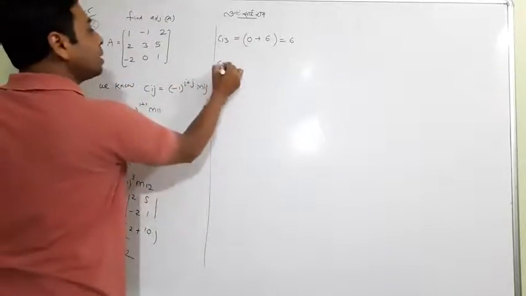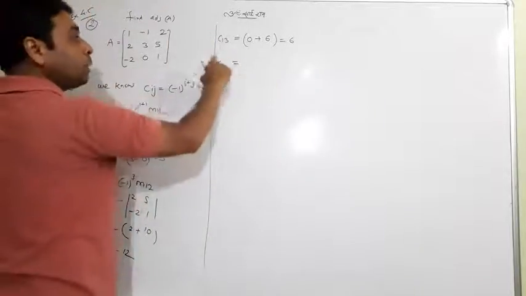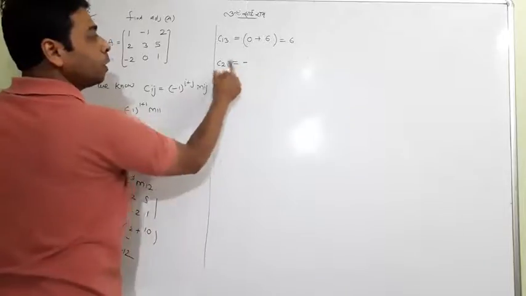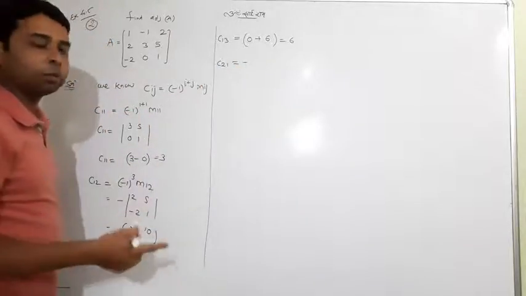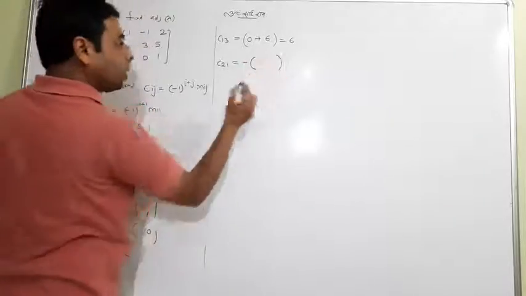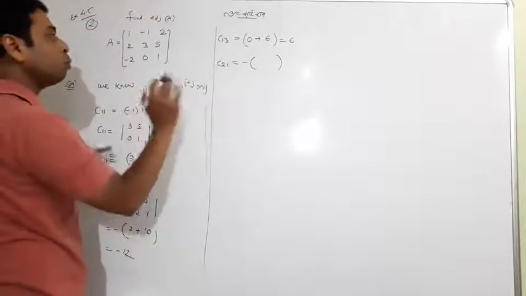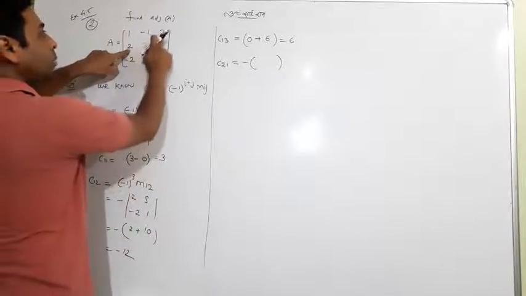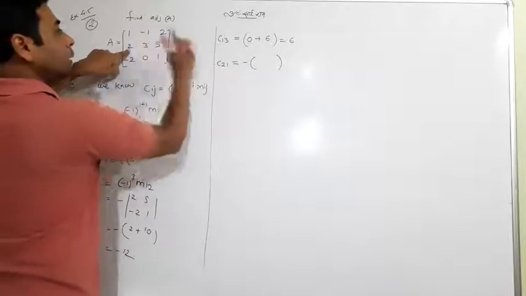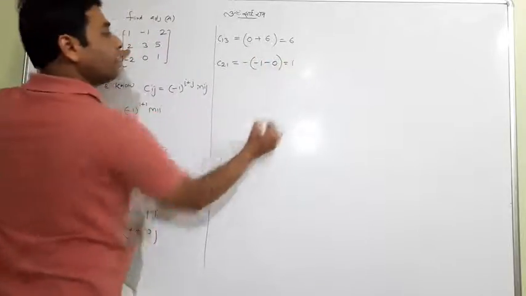And in single sentences now, say C11, C12, C13, C21. What is coming for C21? Negative. Because 2 and 1, 3. Minus 1 to the power 3 is negative. So negative is used here. And don't write all M21 something like that. Directly use it. What is the minus of 2? These two will be dropped. Minus 1, 2, 0, 1. 1 ones are 1 and 0 into 2. So ultimately we'll have 1 as the answer.